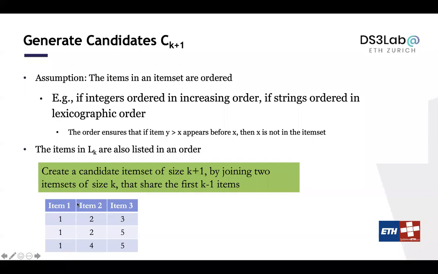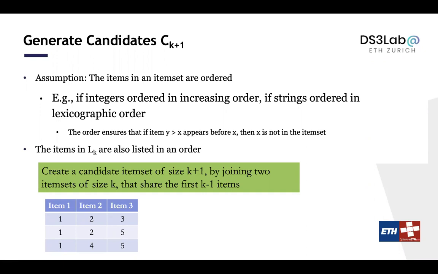So this is all the item sets with size equal to 3, and then you can order them: 1, 2, 3, 1, 2, 5, and so on and so forth. This is 3 kinds of item sets. The reason we want to order them is we do not want to have duplicated information